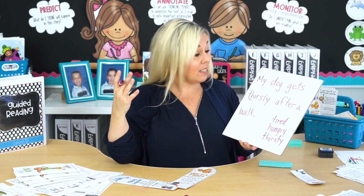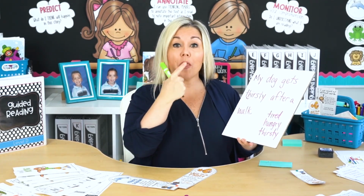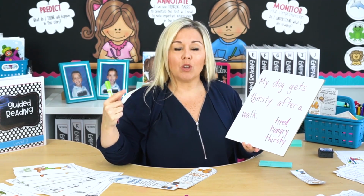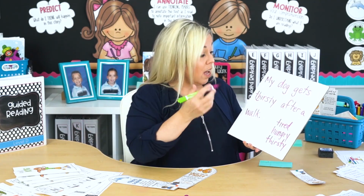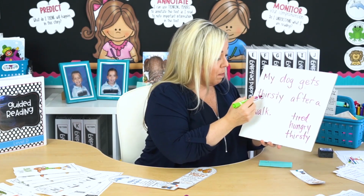Now we know what the sentence says. My dog gets blank after a walk. And we know it starts with my dog gets. What else can we use? What other strategies can we use? Can we use Stretchy Snake? Sure we can. We can use Stretchy Snake. Let's try and stretch it out. My dog gets